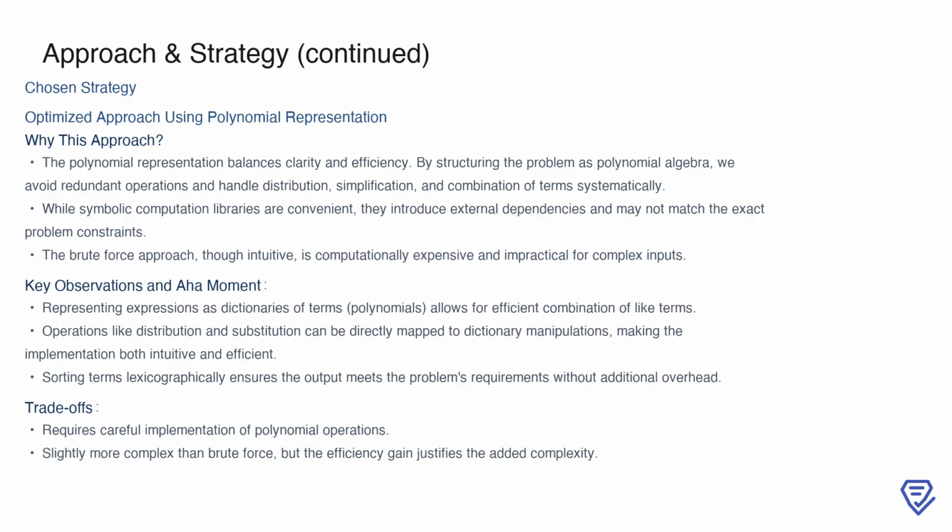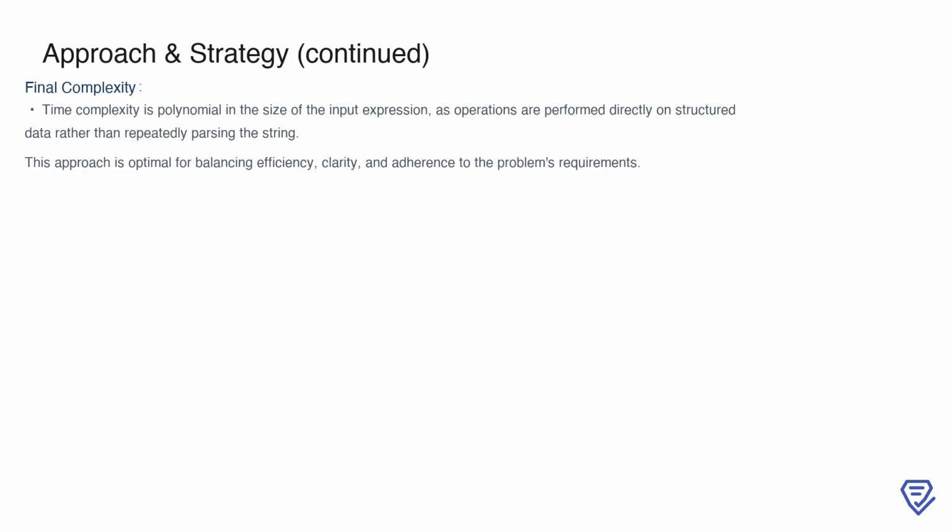While this approach requires careful implementation of polynomial operations, the efficiency gains far outweigh the added complexity in coding. Finally, the time complexity of this approach is polynomial in the size of the input expression. This is because we operate directly on a structured representation of the data, rather than repeatedly parsing the string. This optimal balance between efficiency, clarity, and adherence to the problem's requirements makes the polynomial representation the most suitable strategy for solving this problem. It ensures that we can handle large and complex expressions effectively while maintaining a systematic and